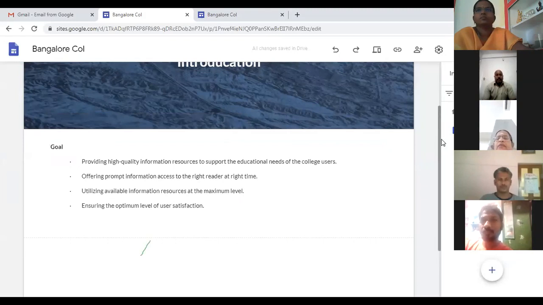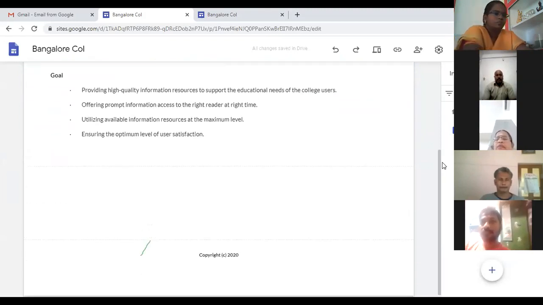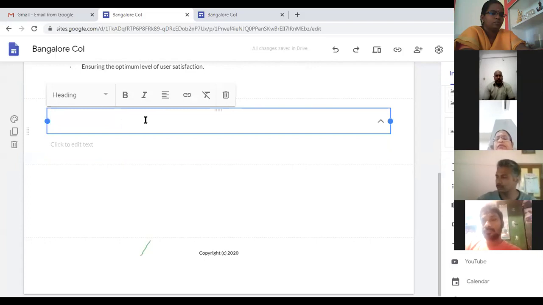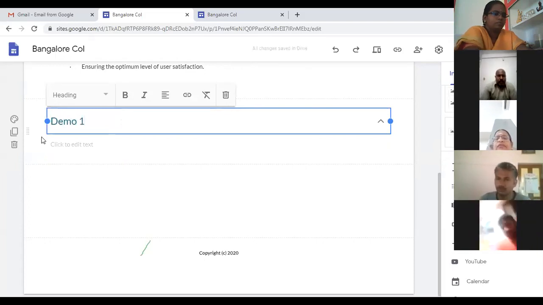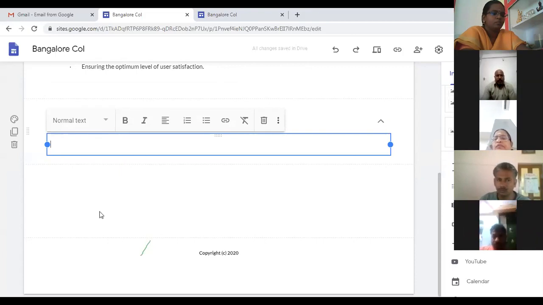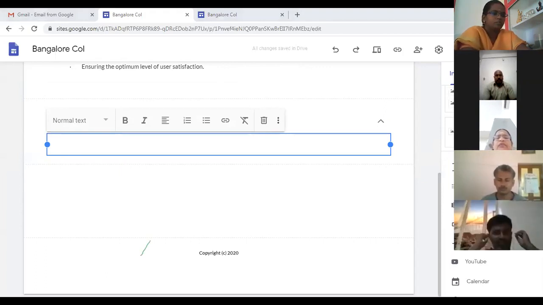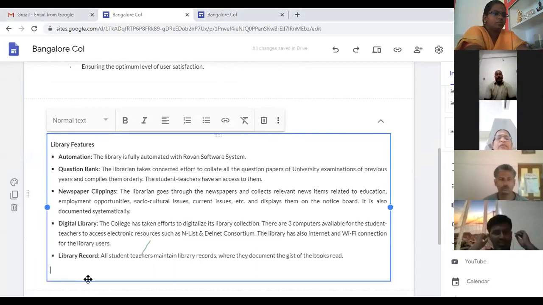Now I'm going to show you some other option. Now we have the additional pages. In the additional page, I'm going to show you some other option. Go to insert. There are so many options. I'll come down. Collapsible text. This is what I want to show you. Just note down the collapsible text. Just demo one. And down there is a text box. You can just type any amount of text that you want. I have some text, I will add it.